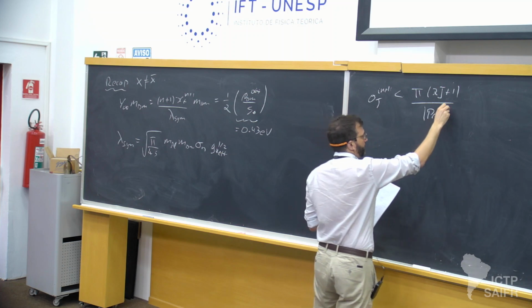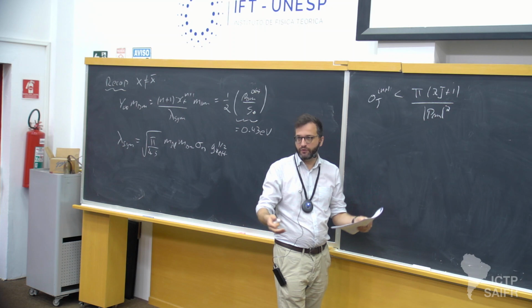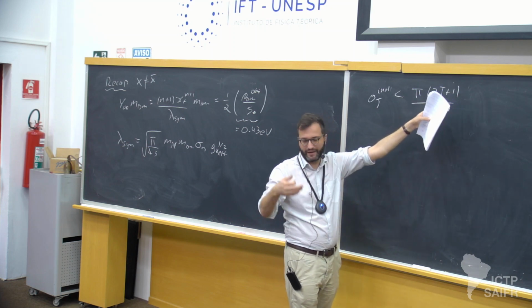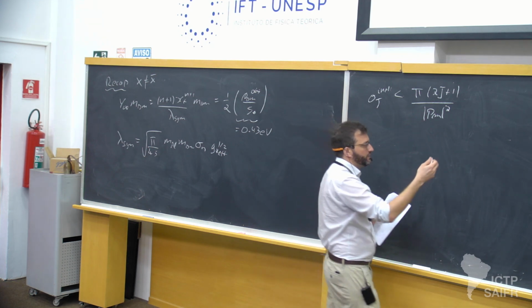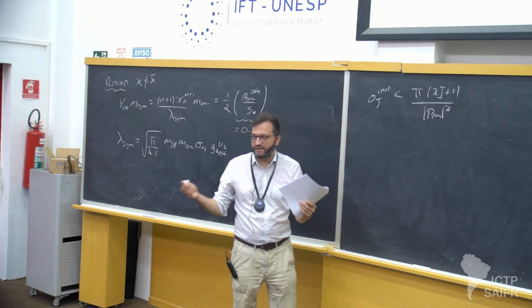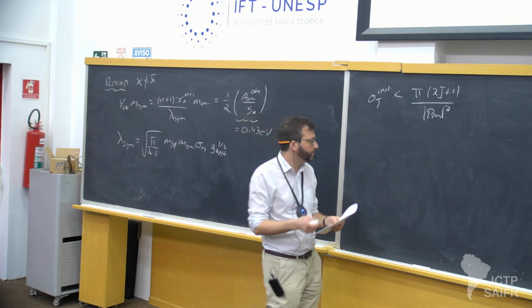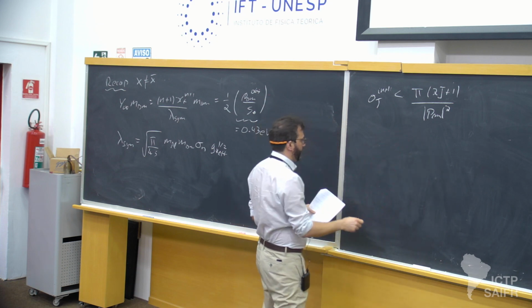where J equals 0 is 0 angular momentum and so on. Yeah? So, J equals 0 is like S wave, J equals 1 P wave, J equals 2 D wave, and so on. Yeah? Now, apply this to our dark matter scenario where